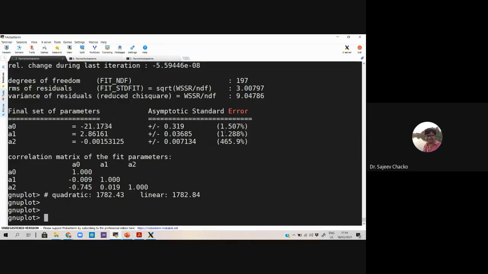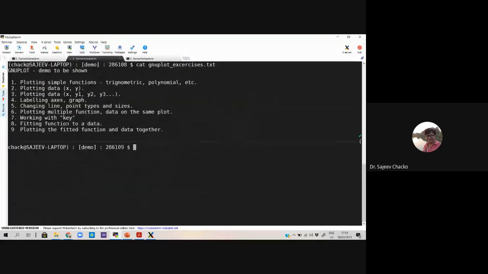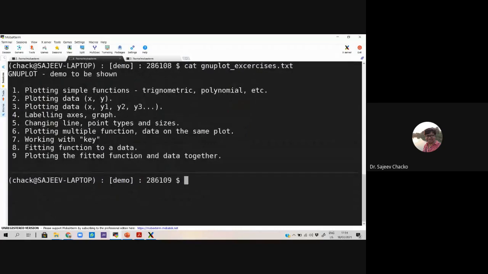So what we have done is we have worked out plotting functions, data, multiple data, multiple data as well as functions in the same file, plotting, changing the labels, getting help, and then changing the line and point sizes and width.